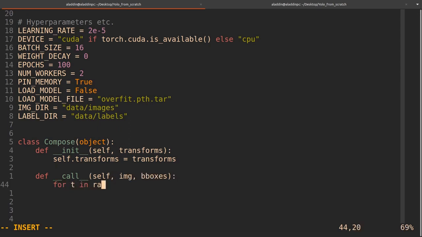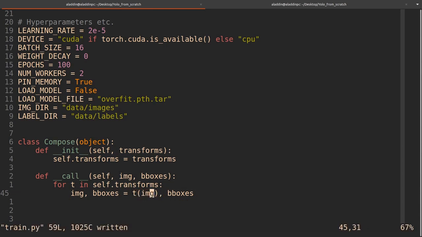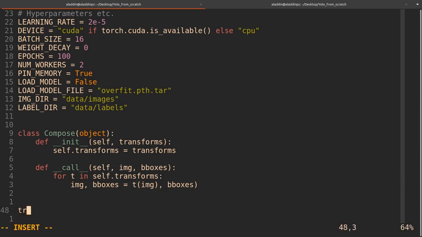We're going to go to for t in self.transforms. We're going to do image, bounding boxes equals transform of image and then bounding boxes. The reason here is because our transform that we're going to send in is only going to operate on the image. But of course, if you would modify them, then you would also do them on the bounding boxes, you would send them in if you would create your own. But in this case, we're only going to do it on the image because we're only going to resize it. So do transform equals compose of